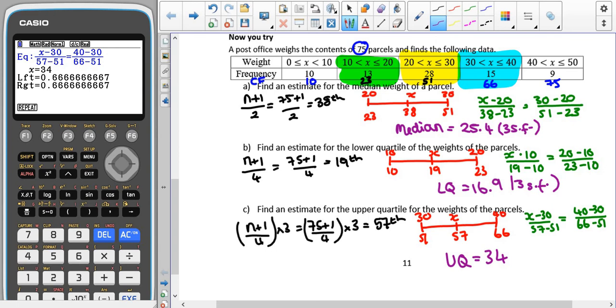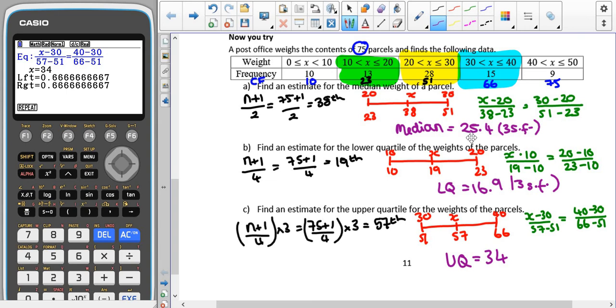So this time we had 75 pieces of data, so 75 plus 1 divided by 2 means that our median piece of data is going to be the 38th piece of data. We can see that that's going to lie in this interval here where I've coloured it in yellow, because that one ends at 23, this one ends at 51, so somewhere in here is going to be our median value. Then I drew my number line going from 20 to 30 with our median in the middle. We start off with 23 pieces of data, we end up with 51 pieces of data, and we're looking for the 38th piece of data. Then I made my fractions, I put them into the solver part of my calculator, and that gave me 25.4